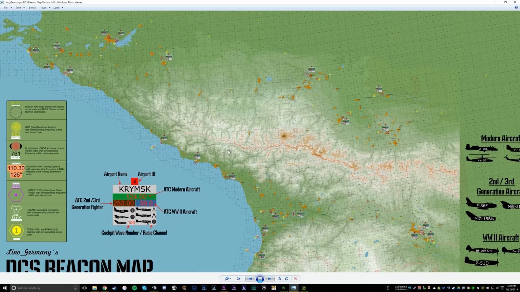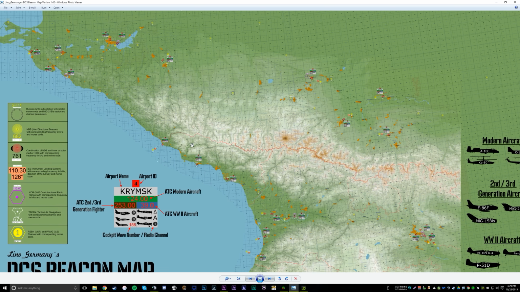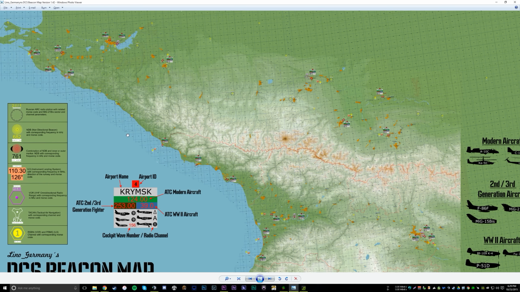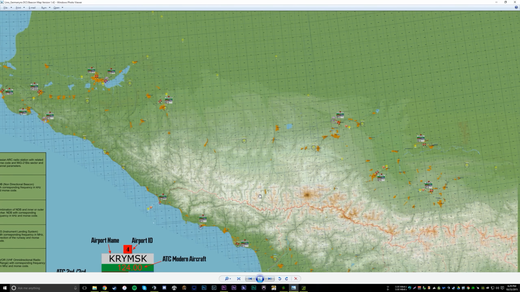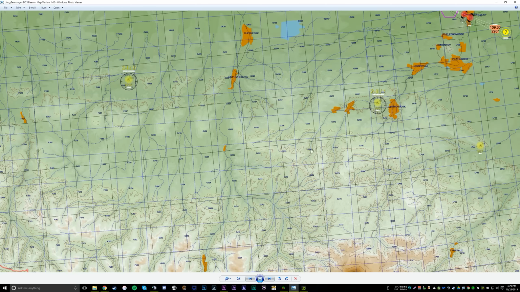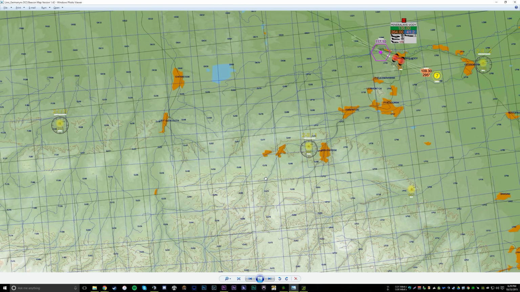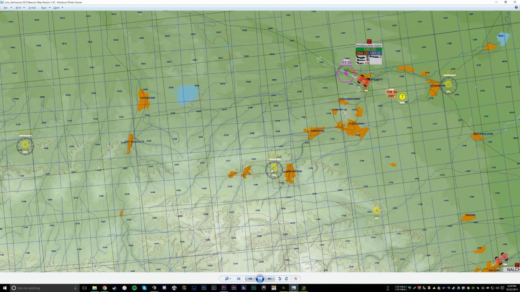Now, let's talk about the different flavors. There's ARC, RSBN, NDB, ILS, VOR, TACAN, and another form of ILS. So, let's start from the very top. We have ARC. ARC and NDB are pretty much the same thing. What they are is an omnidirectional beacon that emits radio in all directions and will emit the radio signal. Generally, what these beacons emit is Morse code